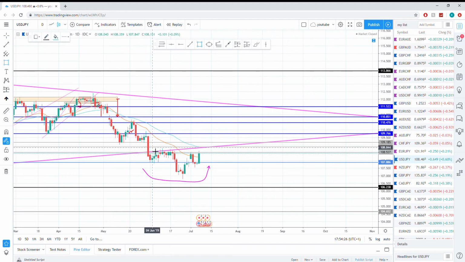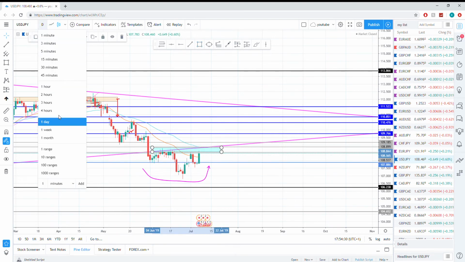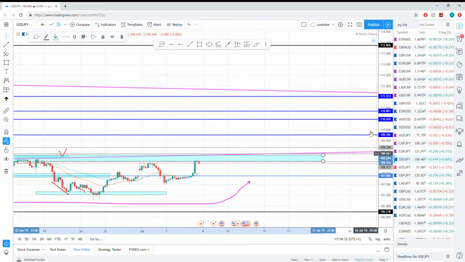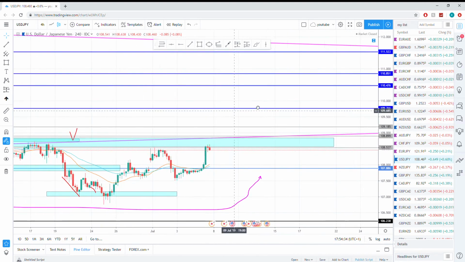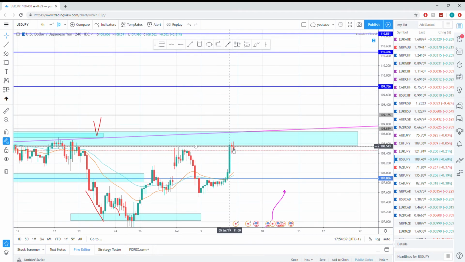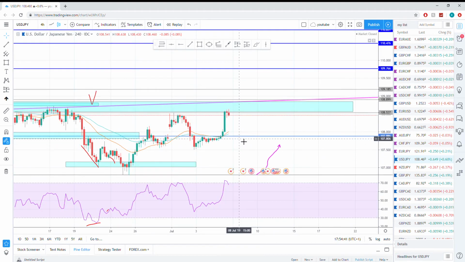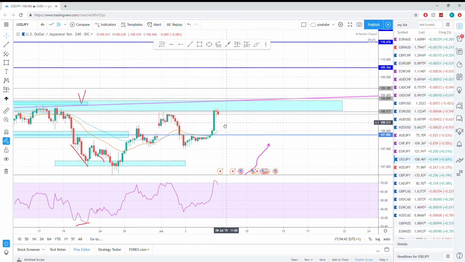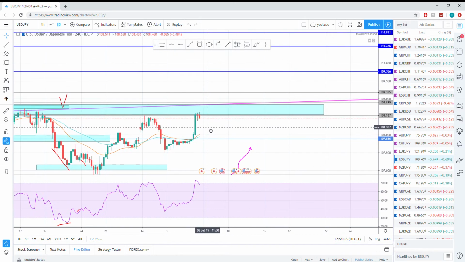So if I go ahead and draw it, I just want to see how price reacts at this level. If we take it to the 4 hourly, you can see I just drew that and it was literally straight onto the T. So price is basically rejecting this, and we can see that we're oversold condition-wise.